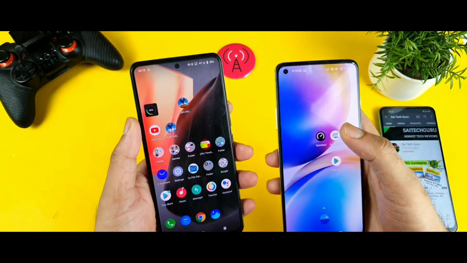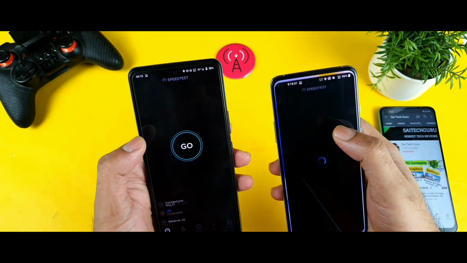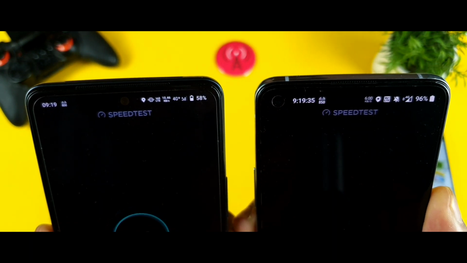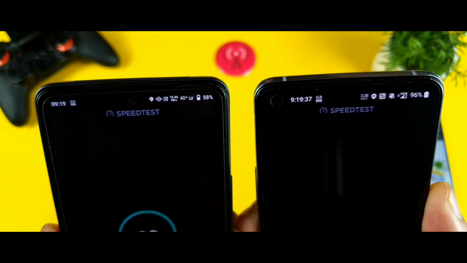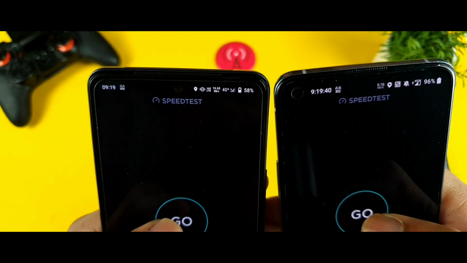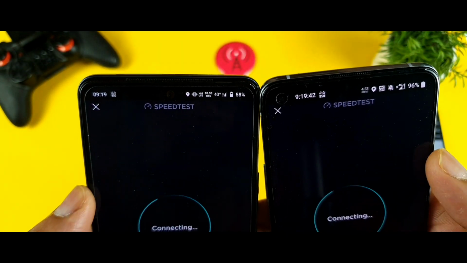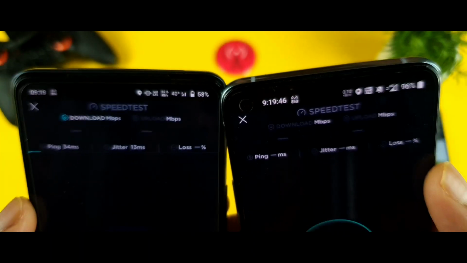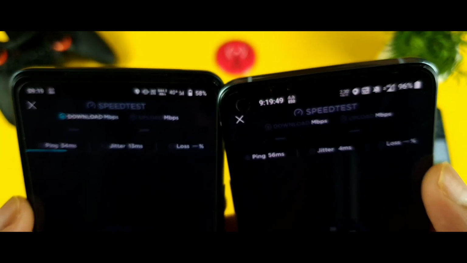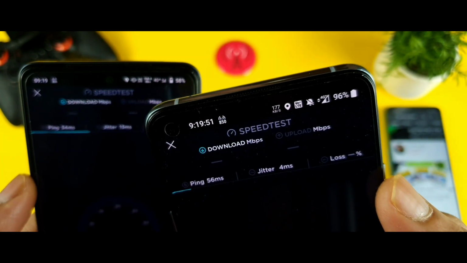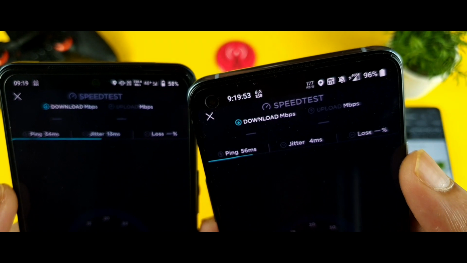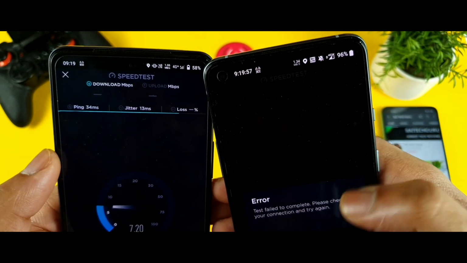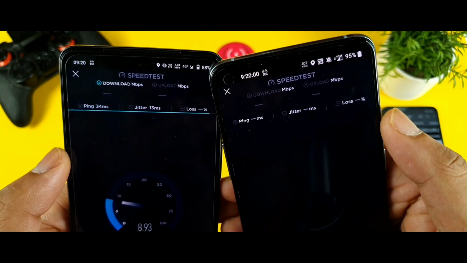So now let's do the speed test. Let me quickly open the speed test comparison between both phones, and let's see in this kind of environment which phone will be able to get the most of the 4G. That is what I'm going to check right now, and I'm getting 3cc and only one in the iQOO 7 device at the same location, friends. So right now the OnePlus is also picking up, but it's not showing any kind of 4G sign in the OnePlus. Now I'm getting the 4G as 4G plus. As soon as you get the 4G plus, you can see how much the speeds are increasing. As you can see, it went up to 12 Mbps.